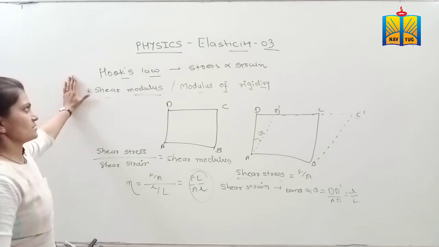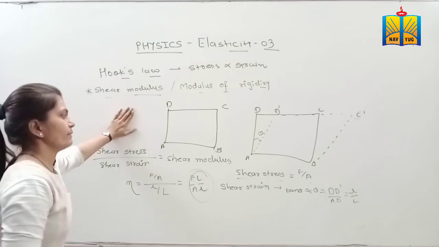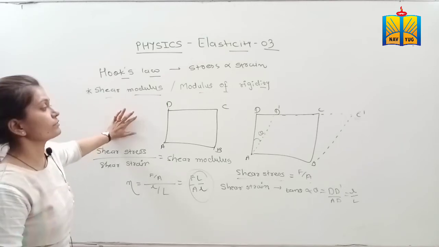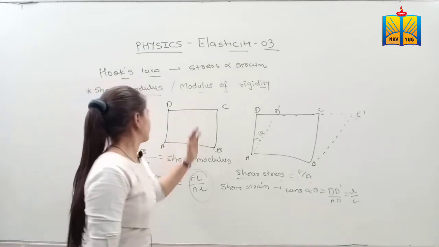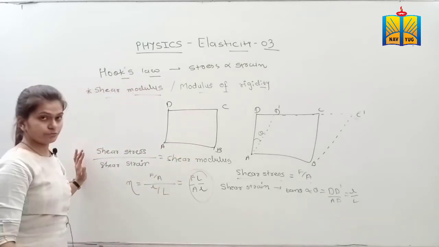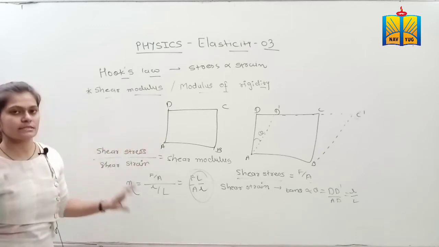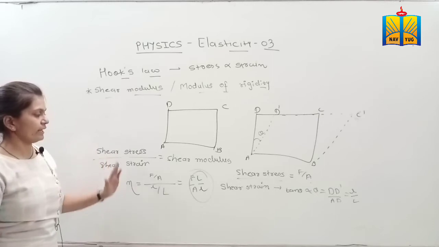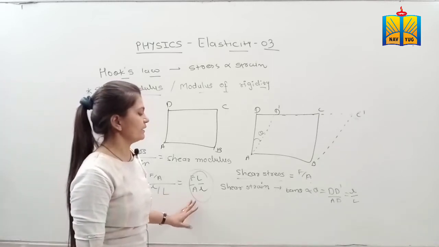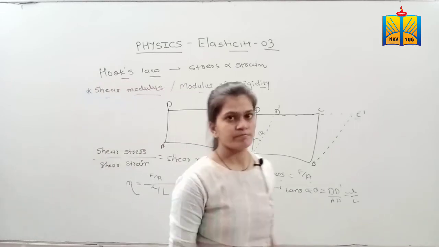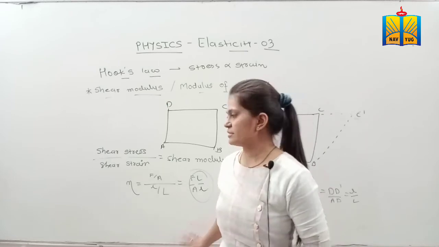ઓલવેઝ જ્યારે ક્વેશ્ચન સ્ટાર્ટ કરો ઇન્ડિવિજ્યુઅલી પૂછાય તો ફર્સ્ટ ટેક એન એક્ઝામ્પલ કે સપોઝ આ વસ્તુ આપણી પાસે છે, ધેન આફ્ટર શું કરવાનું છે, એનું ડિસ્પ્લેસમેન્ટ કે ફોર્સ આપો છો એ લખવાનું છે. ધેન આફ્ટર રાઇટ ધ ઇક્વેશન ઓફ હુક્સ લો. ધેન આફ્ટર રાઇટ ધ ઇક્વેશન્સ ઇન્ડિવિજ્યુઅલી ઓફ સ્ટ્રેસ એન્ડ સ્ટ્રેન. Then after put that value in that equation, then simplify that equation and then write the unit of the modulus. Okay, this is the basic funda of this